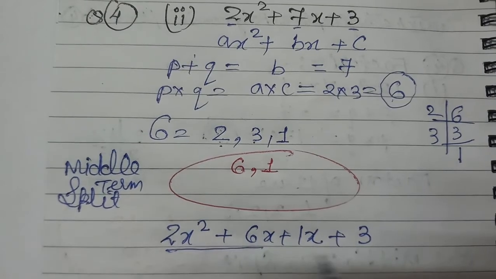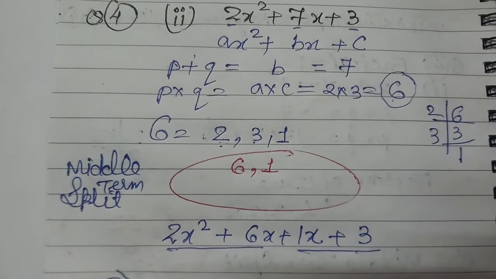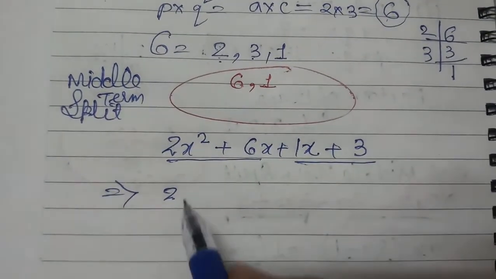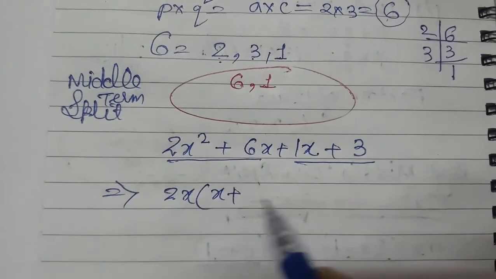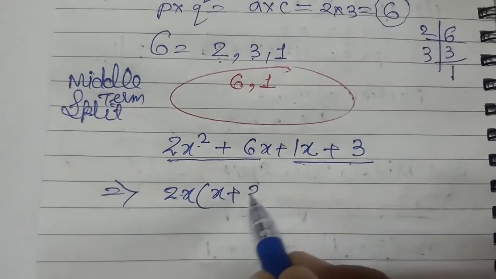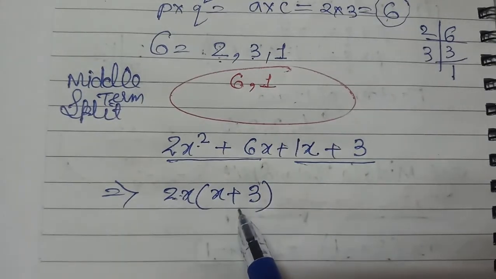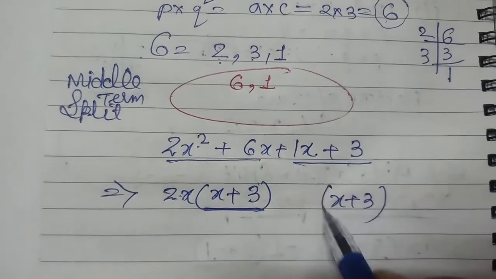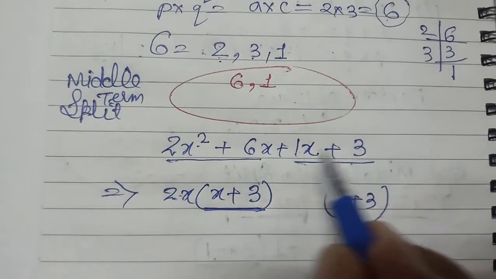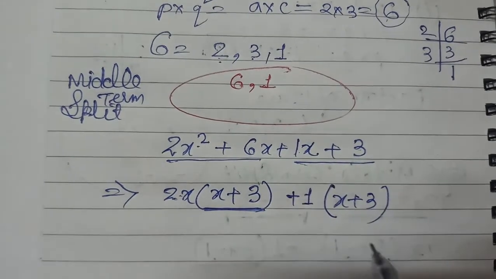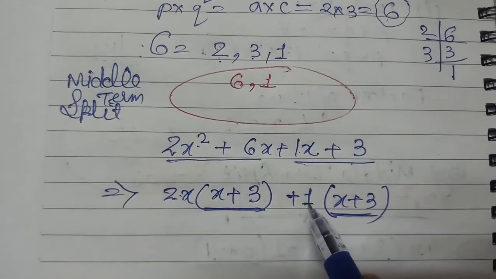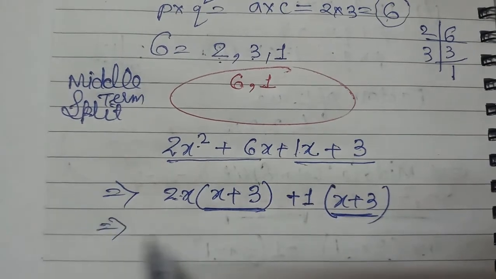Now see, children, make the pairs, these two and these two. What is common here? 2x. So take 2x common. If we take 2x common, what is left inside? x and 2x 3s are 6x. And listen, once again I am telling you all that whatever we are getting here, the same you have to write here as an expression, because we will get the same thing every time. So what is common? Nothing means 1 is always common. If nothing is common, that means 1 is common, children. Always write 1. Don't say that nothing is common, so no need to write anything. Always you have to write 1 as the common.